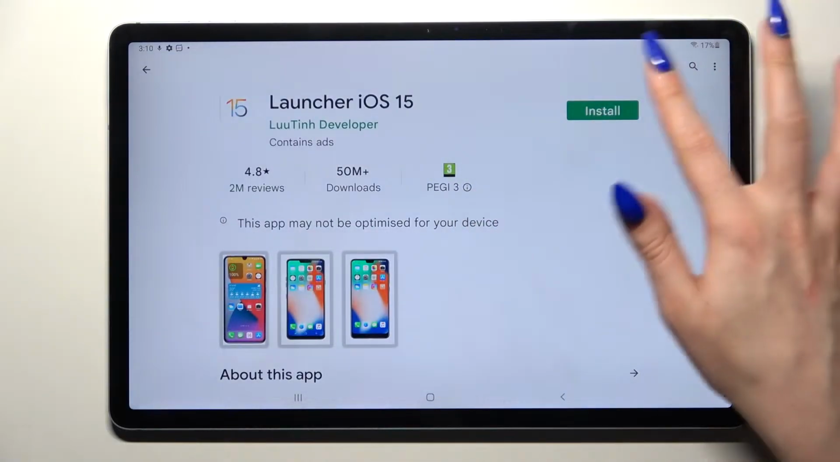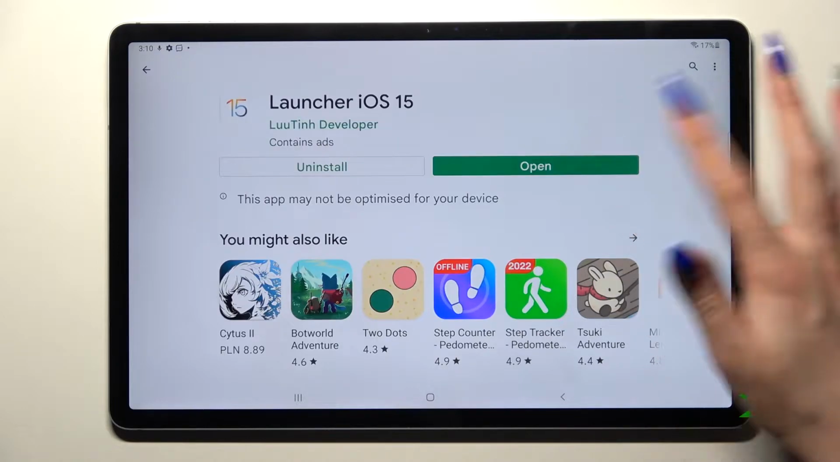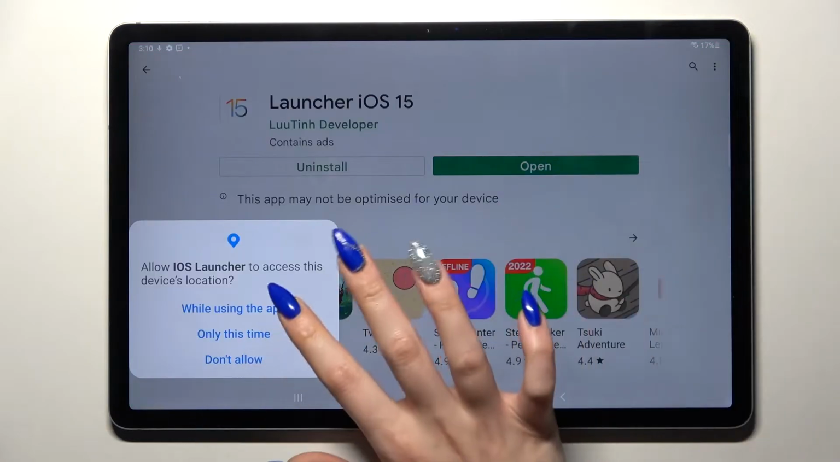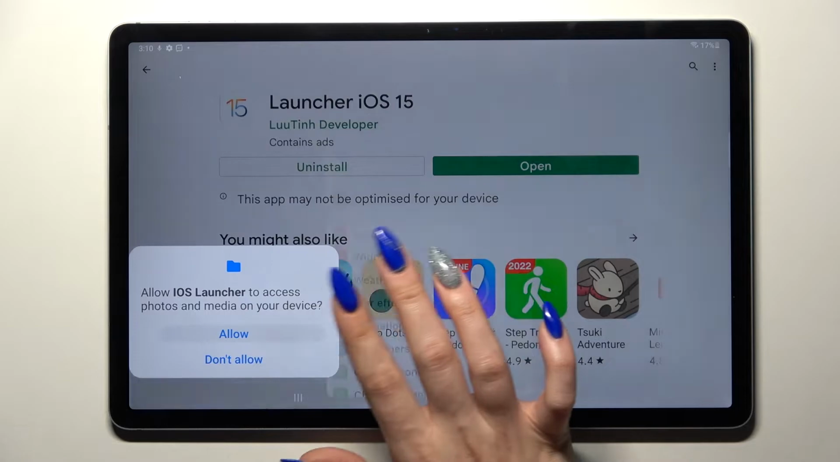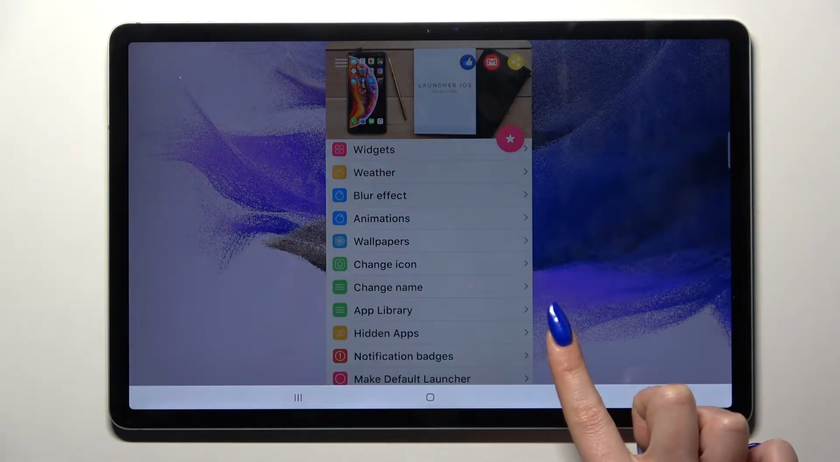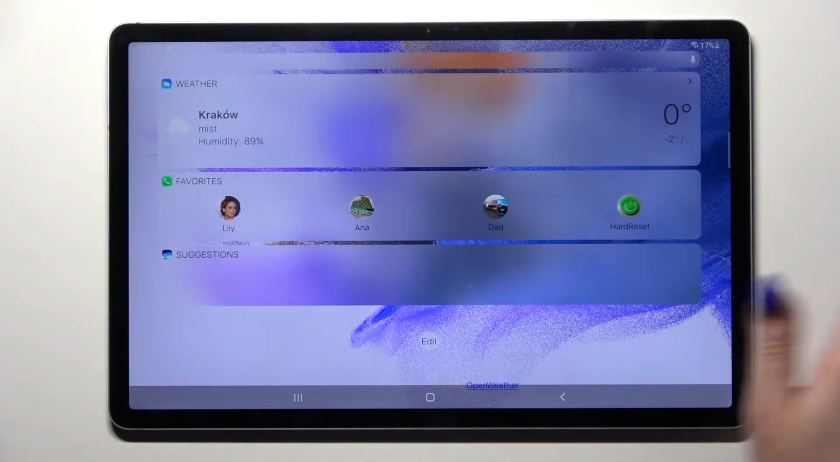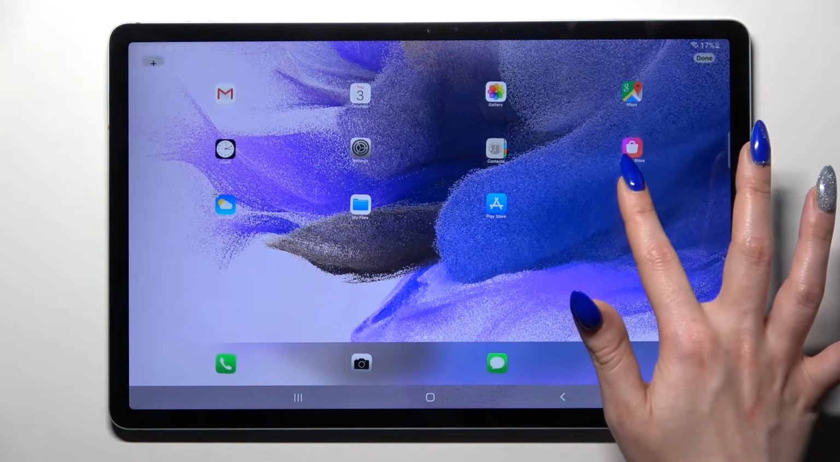Now install this free app from this developer and open it. Now select while using the app and allow in the pop-ups and choose Home button. Over here click on iOS Launcher, select Always, then tap on Get It, and as you can see, Apple layout was applied successfully on my